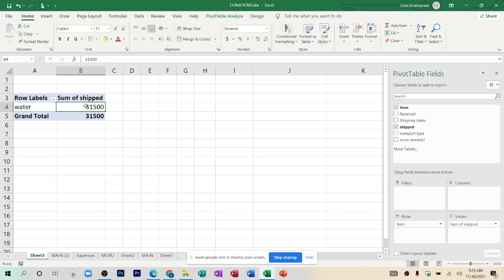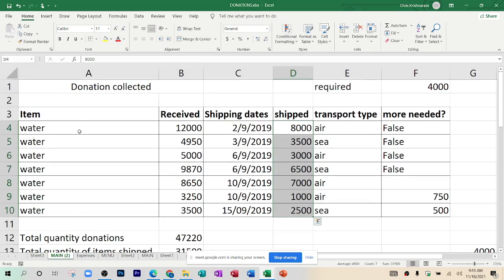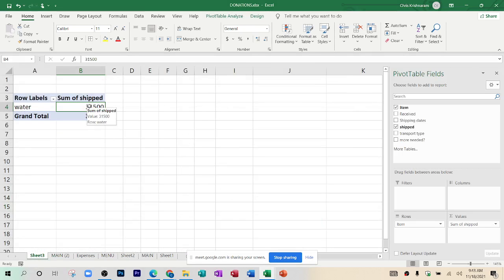It summed up everything. So that is how it was summarizing. It was grouping all of the items that were falling under it. Basically, like how you see water appearing multiple times, it grouped it into one and summarized the data